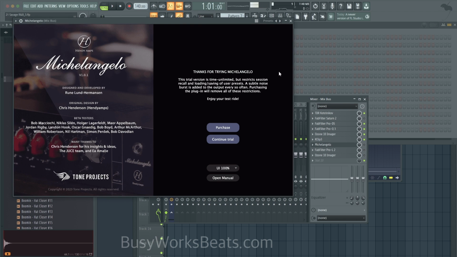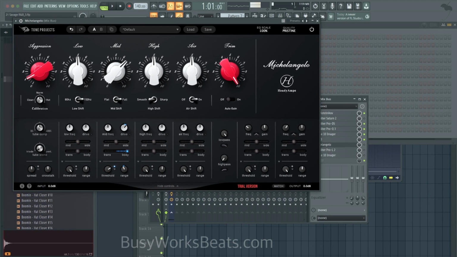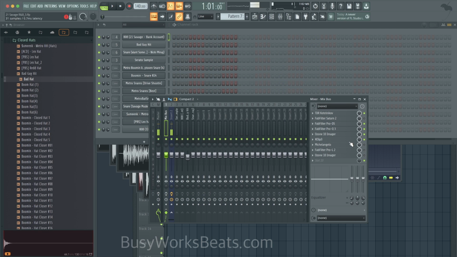Michelangelo, I'm about to buy, haven't bought yet because the price is a little high for me. $250 for one plugin. That's like a whole DAW. Like, come on. They need to lower the prices, honestly, and it will be way more popular. At least half the price. Anything over 100 is just like, come on, y'all. Okay, so even though the plugin is excellent, I just can't justify that price. It's just a little too high.